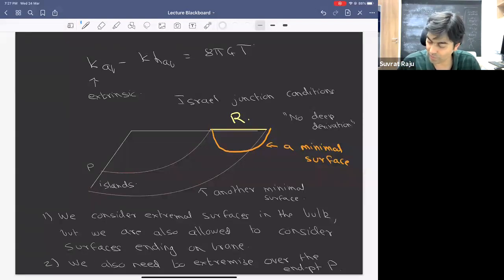Yeah. So in all setups you're going to consider, this is never going to arise, so the question is, do you need to actually complete this on the brane? I think the answer is that you should not include this section that lives on the brane. You should just consider these things. But I'm going to think about that a little bit more and get back to you tomorrow, because in all